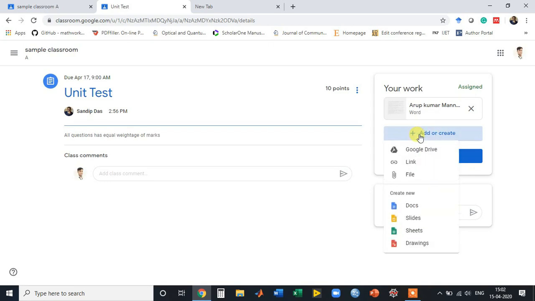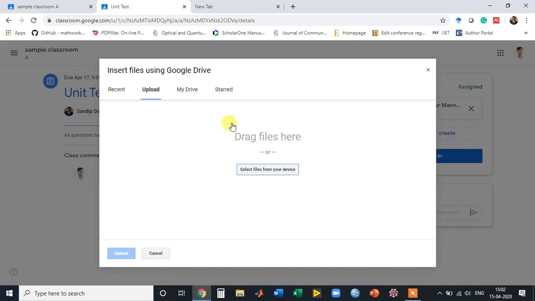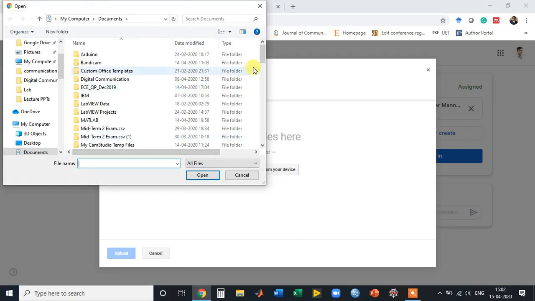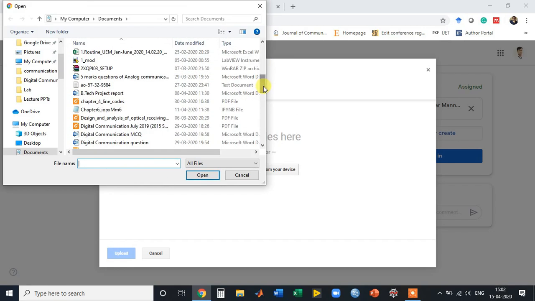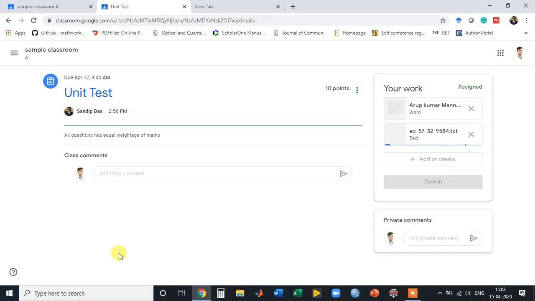They just click it, click file, and search from the source where they have kept their answers. Suppose this is the answer of the student, they can simply click it and upload it. This is the student's answer which is now getting added.